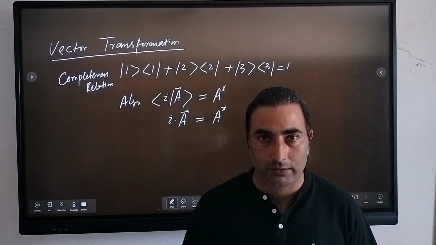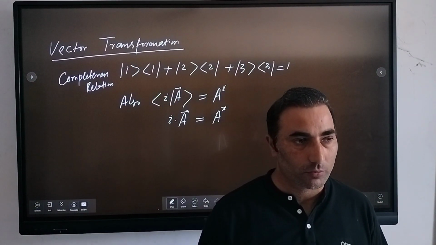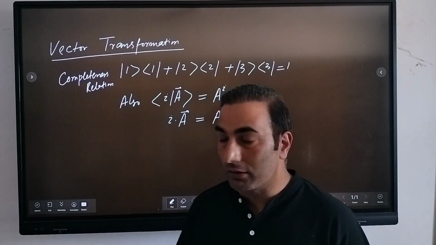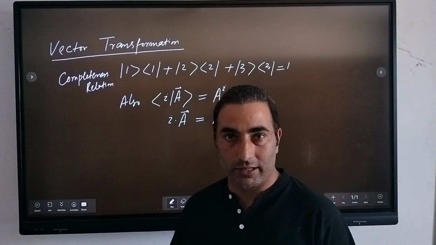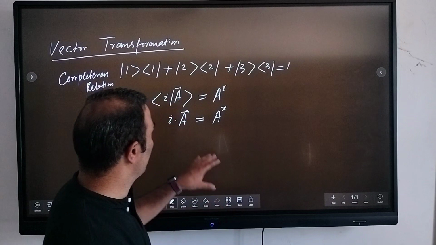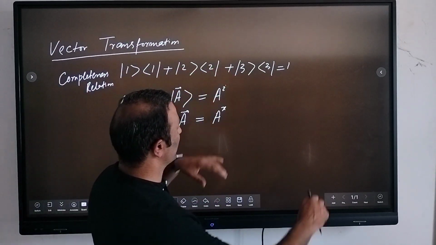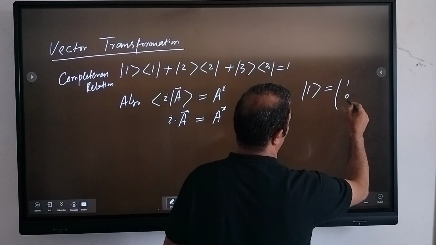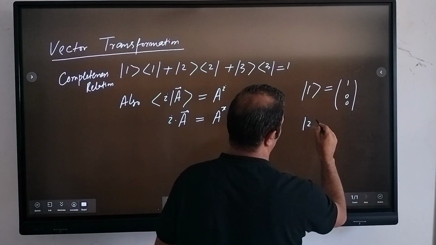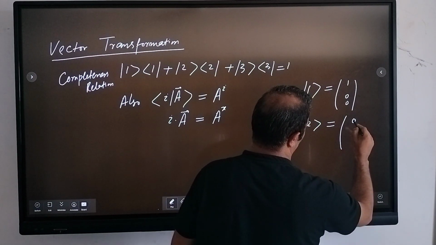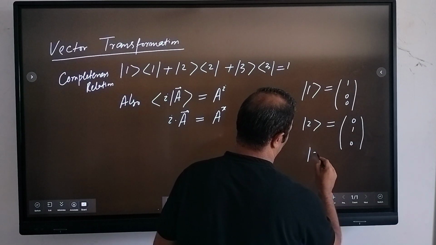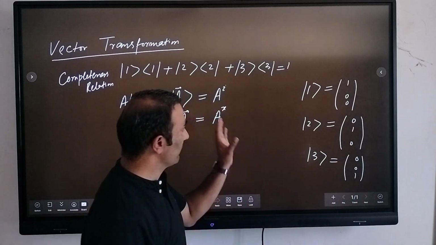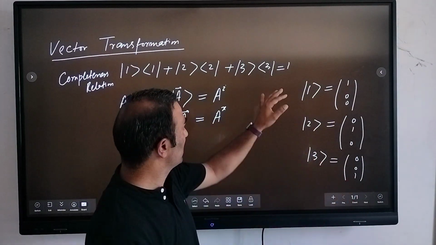Hello, dear students. In our previous lecture we discussed vector transformation and also the completeness relation, right? The completeness relation is basically this: 1, 2, and 3 correspond to the basis elements, where the first element is 1, 0, 0, and with the help of these, if you take the outer product, because this is the outer product,